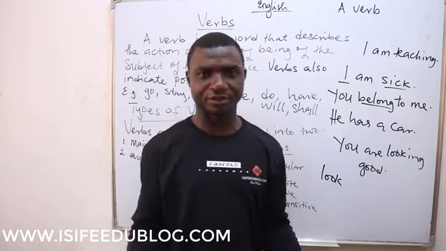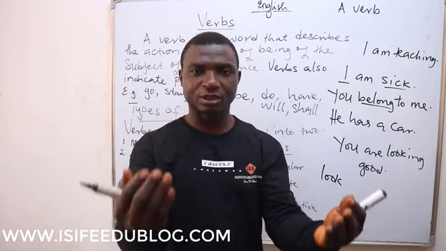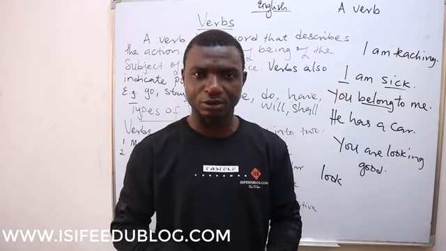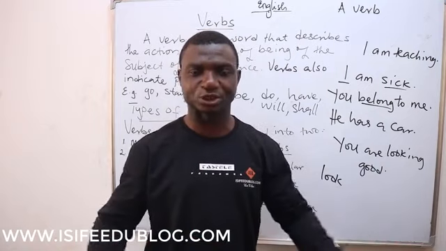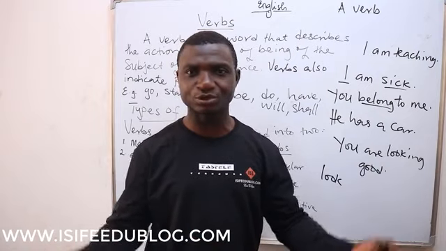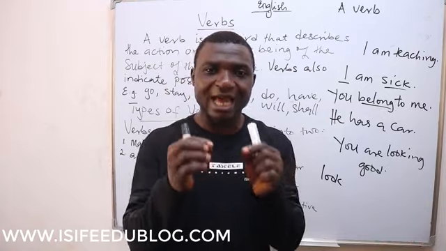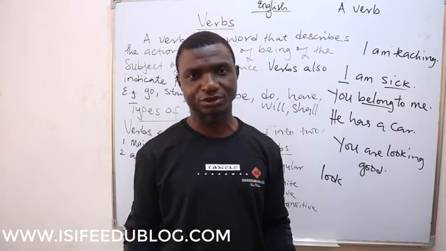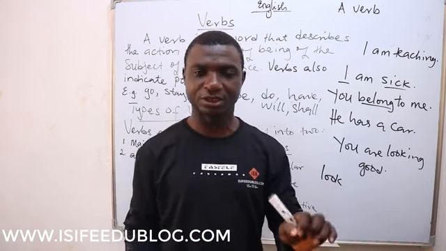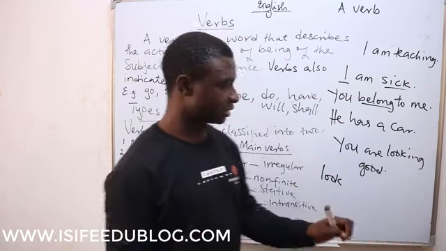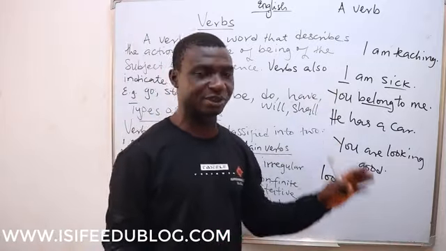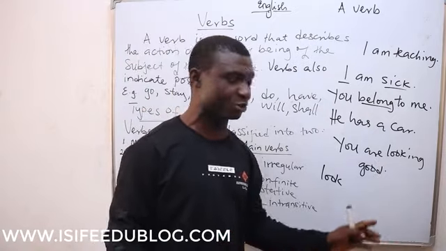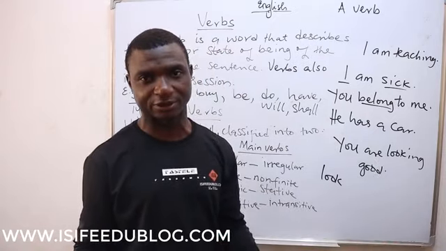If you say, look at me, you get somebody to focus attention on you. That's an action. But if you say, you look good, that is appreciating somebody else's appearance. There is no action there whatsoever. And in the absence of an action, the ing form is not used. So don't say you are looking good. Say you look good. And that is why we are discouraging people from simply saying a verb is an action word. If all verbs are action words, then there is nothing wrong with you are looking good. But all verbs are not.